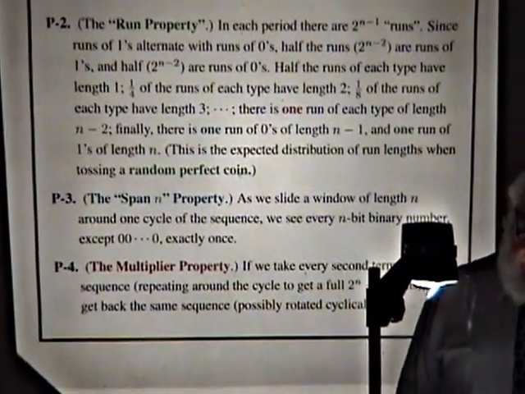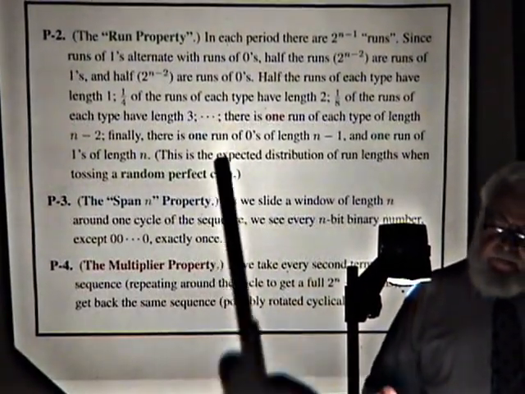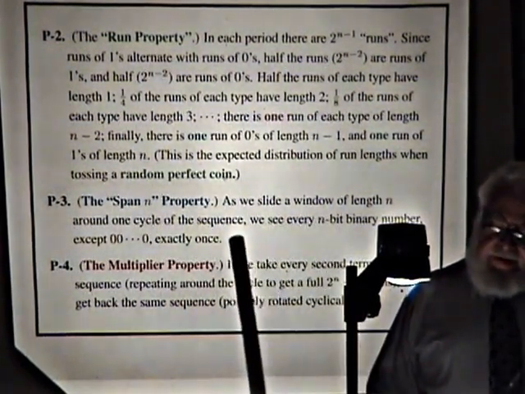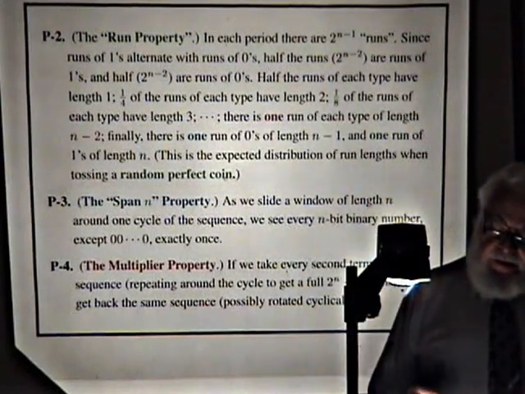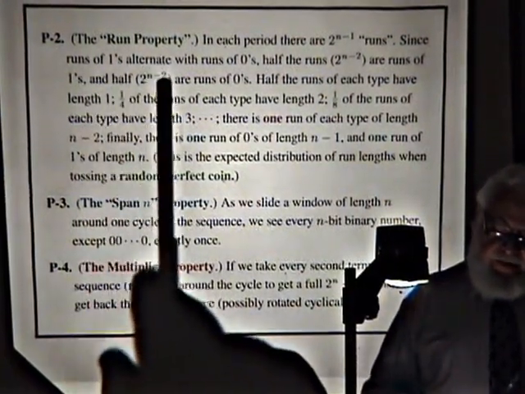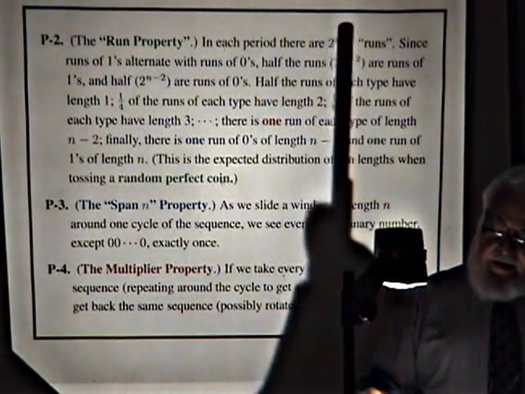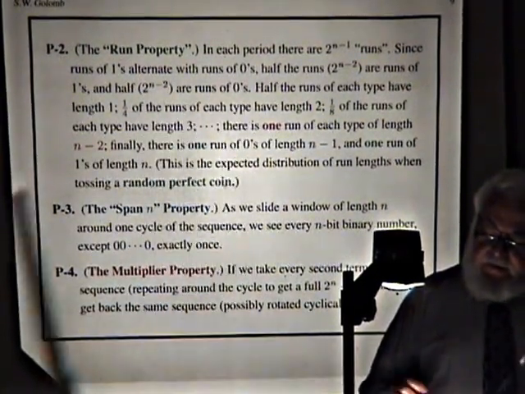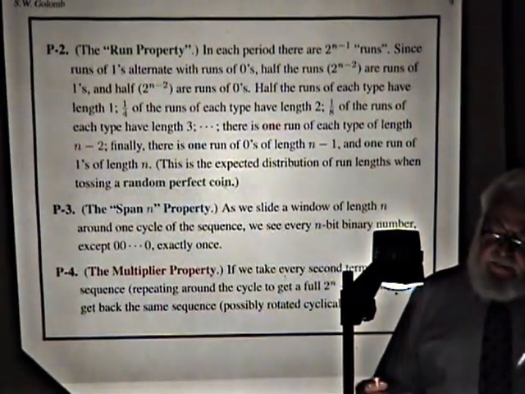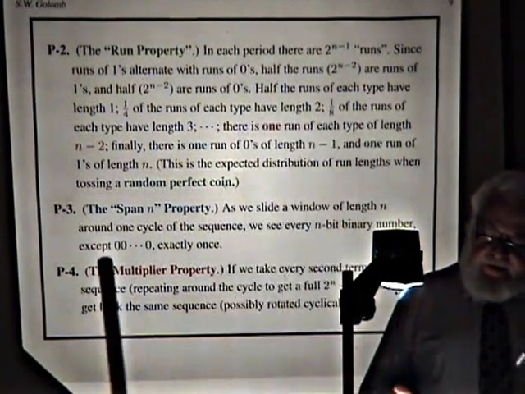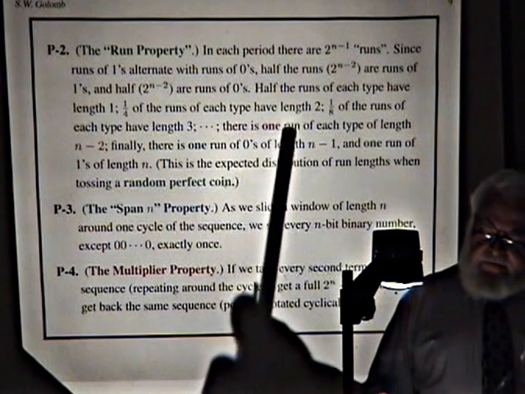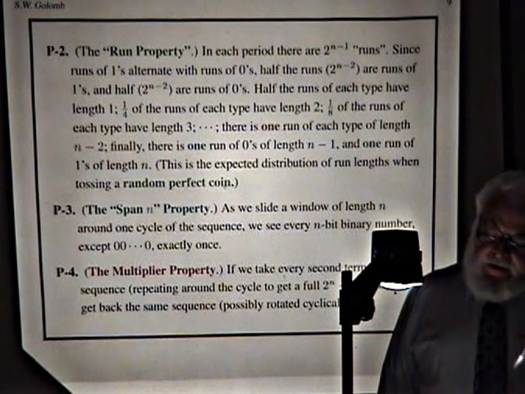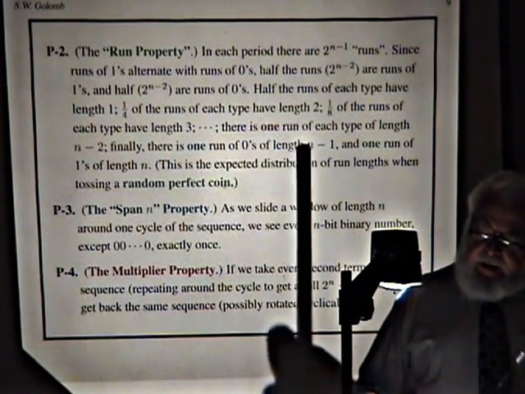Then as more special cases, the run property requires that in each period the average run length is 2, so there are 2 to the n minus 1 runs. Since runs of ones obviously have to alternate with runs of zeros, half of these, 2 to the n minus 2, are runs of ones, and the other 2 to the n minus 2 are runs of zeros. But what I call the run property further requires that half the runs of each type have length 1, a quarter of the runs of each type have length 2, an eighth of the runs of each type have length 3, and so on. And finally, there is one run of each,